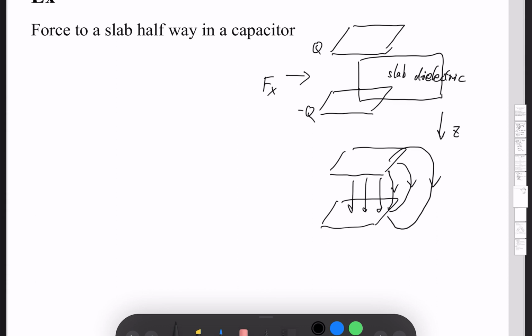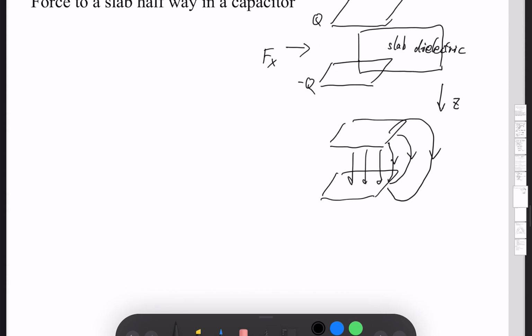So imagine that this material is being polarized, say linearly polarized, and you can imagine there might be some negative charge built up on the top of this